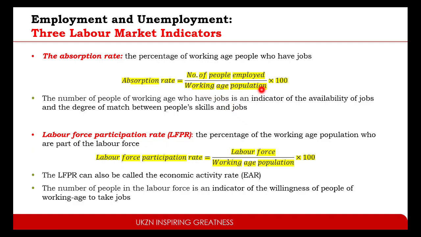So it's the working age population. What does the working age population mean? It means people who can work, who are fit to work. This does not include children and all that. So the number of people employed over the working age population times 100 will give you